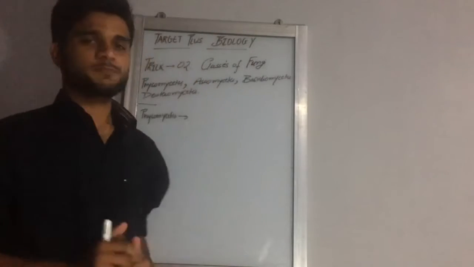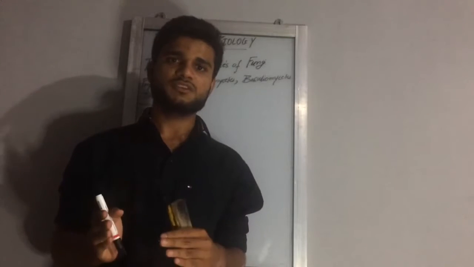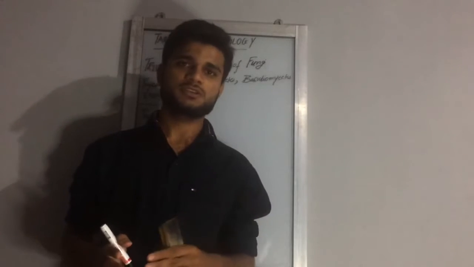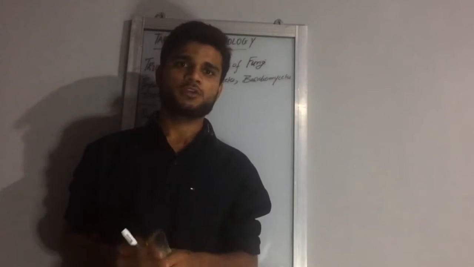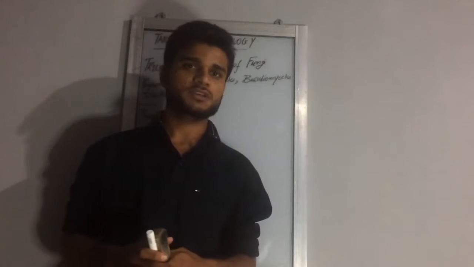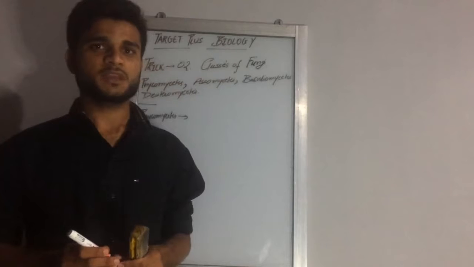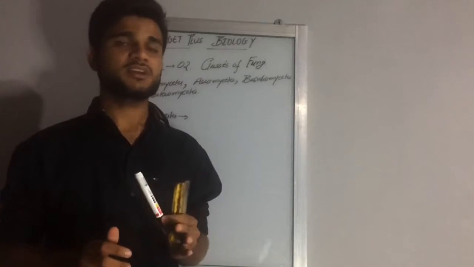Start with first biology. I have started a lecture series on tricks, meaning full biology chapters, chapter-wise trick. So the first chapter trick was over, that is the classes of taxonomic categories, and I have given its link in the description box. Starting with the second chapter, the most important thing is that examiners are going to ask